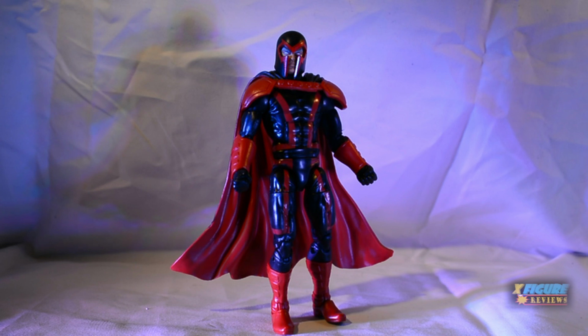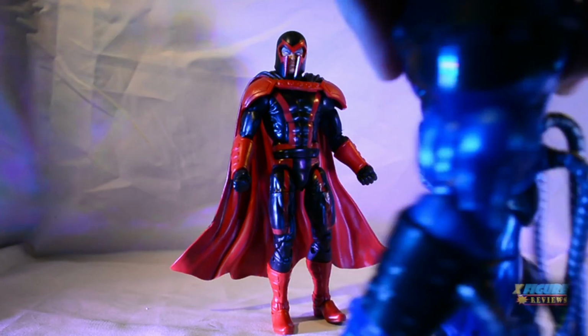In front of me, I have the Marvel Legends Apocalypse Build-A-Figure series Magneto. This is Magneto in his current costume, which we have not seen before in a 6-inch version. So, absolutely, I welcome this to my collection. We definitely needed to have one, right? Some people don't like it because it's not the classic rendition, but relax, I'm sure they will release one in